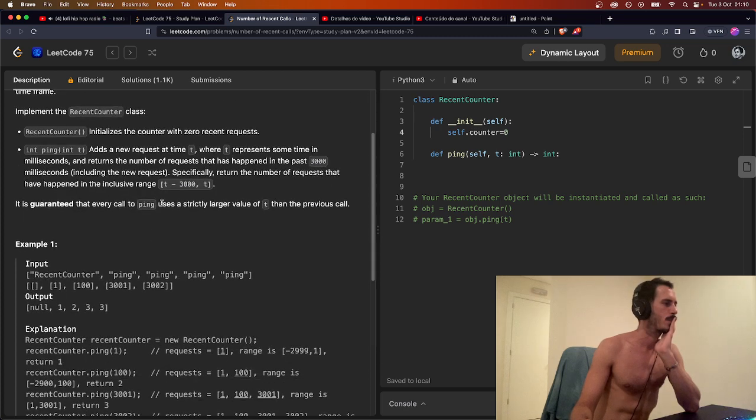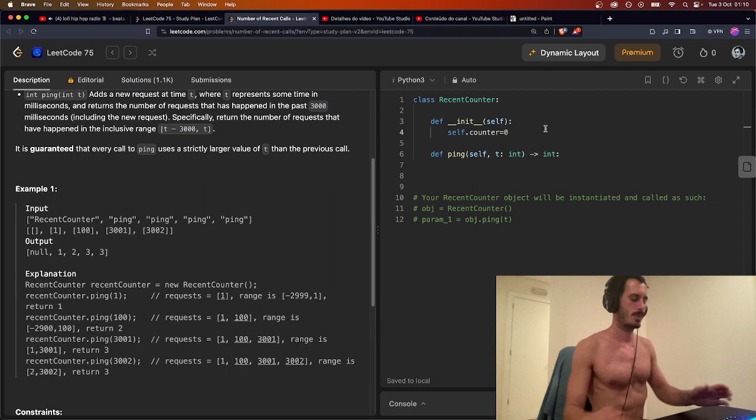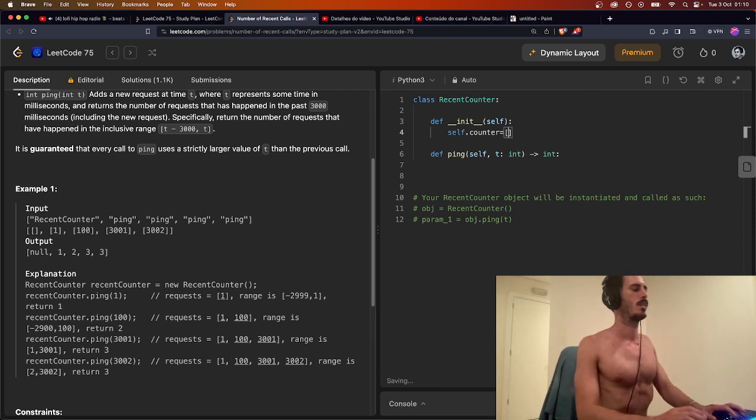It's guaranteed that every call to ping uses a strictly larger value of t than the previous call. So recent counter, we initialize it, we do a ping with ID 1 and 2. Oh, the t is the time that this is done. So okay, so counter must be like a list,